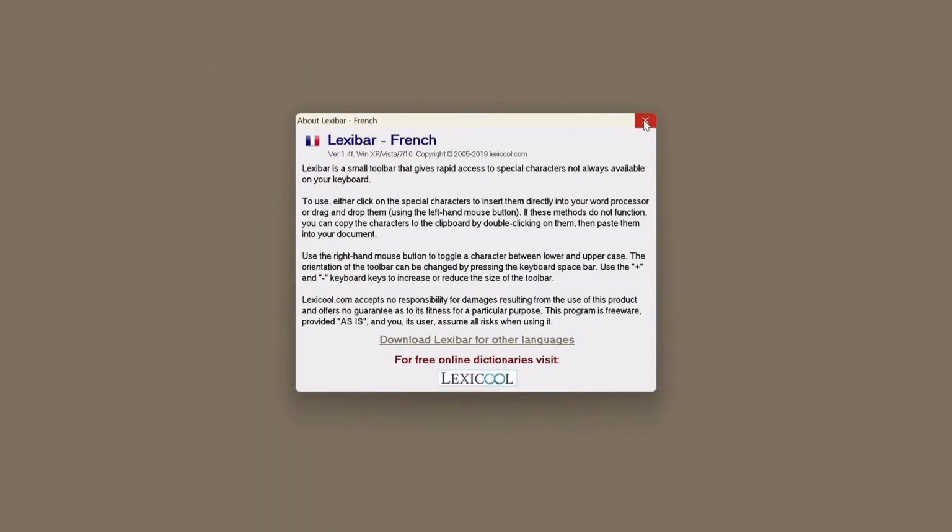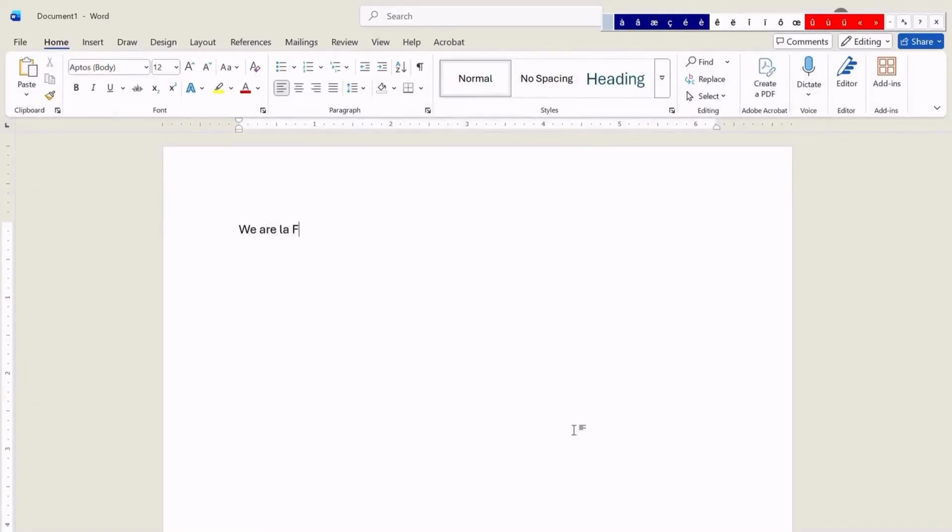First, you have to go and open the extension that you just downloaded. Then a table will appear on the screen with all the French accents. Now we are typing and you can see that whenever we need to add a French accent, we simply go to the table and click on the desired accent. You can type any accent with this, such as accent aigu, accent grave, accent circumflex, tréma, and cédille.